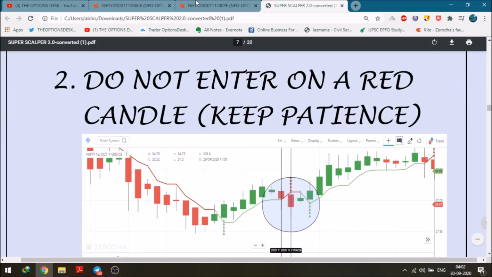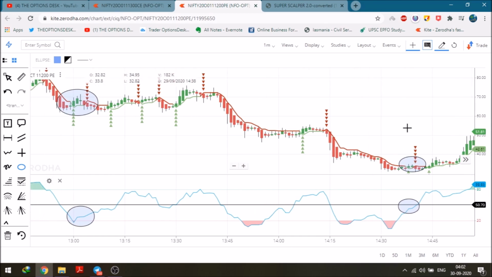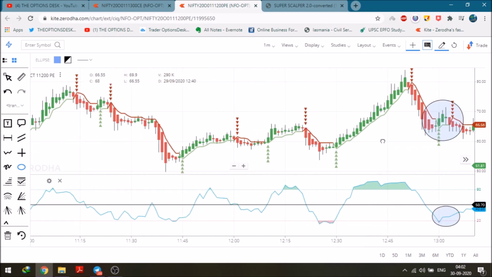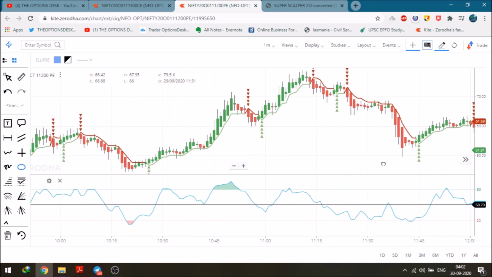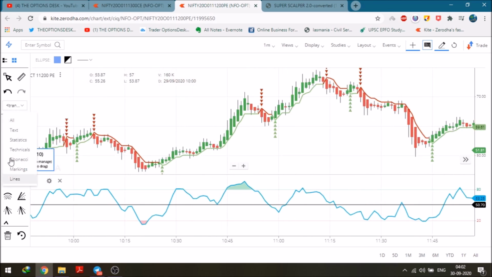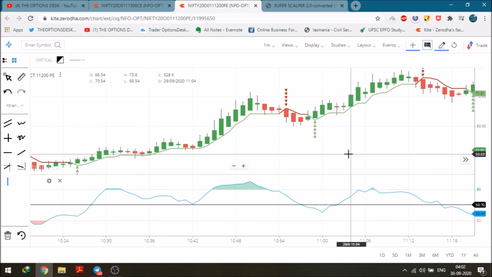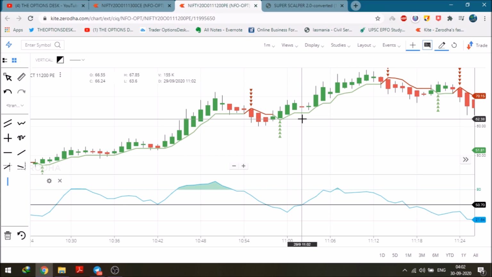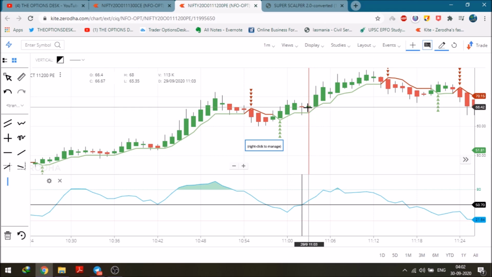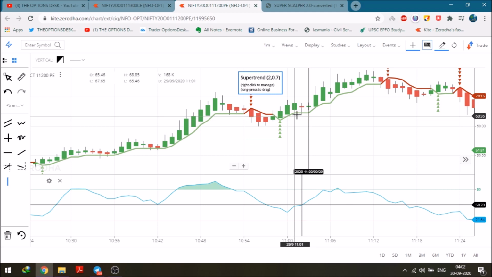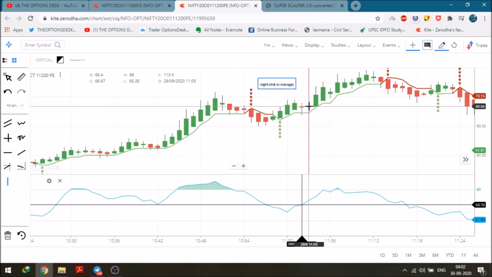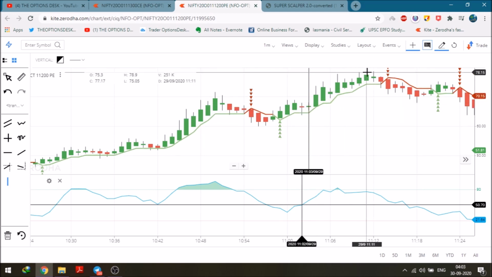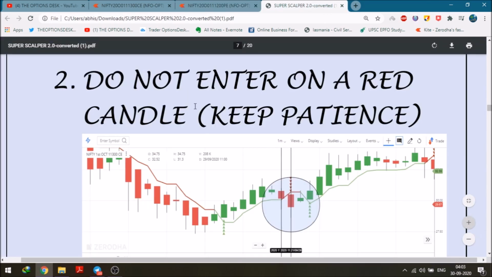Keep patience. I just told you when I was marking this why I have changed this. Just let me show you. When I was marking these levels for you, my rule got entered at this particular point. Super trend must be in green, and at this particular point the MFI must be above 50 level. I could have entered at this red candle, but no, I entered at this green candle, at around the market price. Even if you entered this, the stop loss is low, which didn't get hit because super trend is already in buy. So I entered at this green candle on a much safer side, and it went on the upper end. So do not enter on red candle, keep patience.